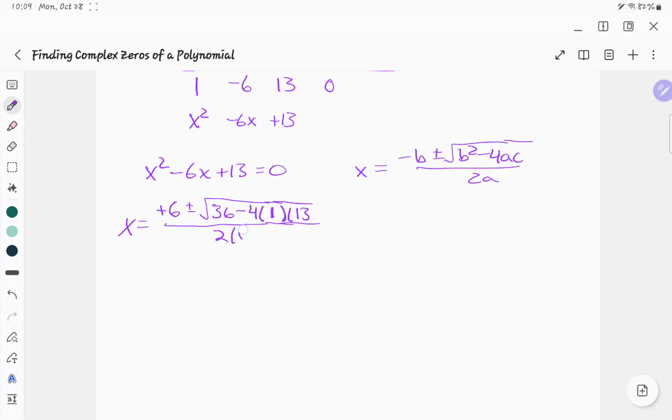So 2 times 1 on the bottom. All right. And then we'll go through, multiply, add, all that for these guys. See what we get. So let's see. So I'm going to get here